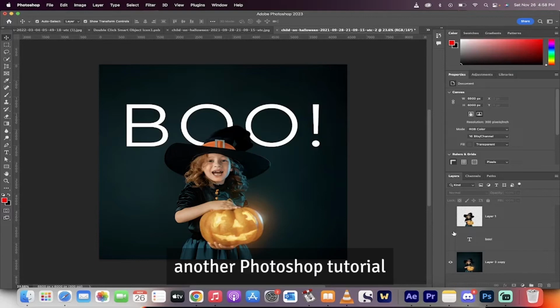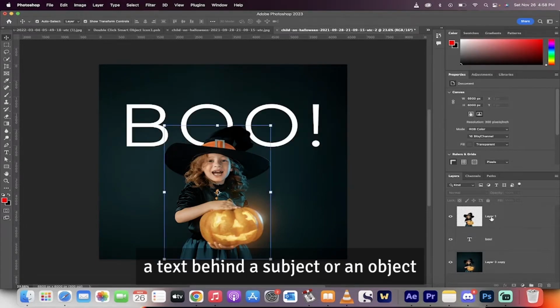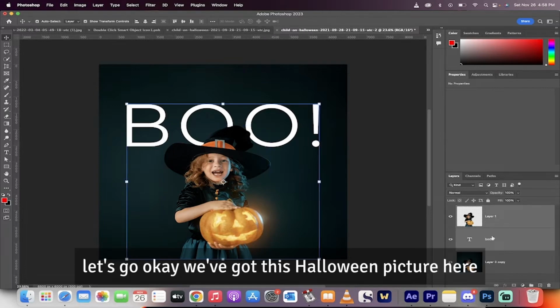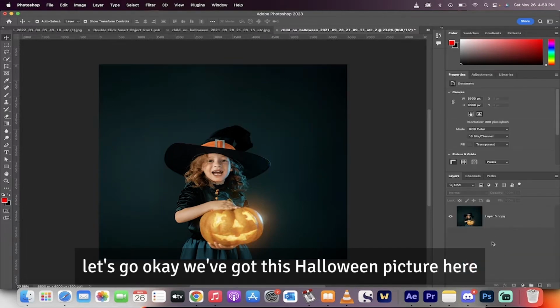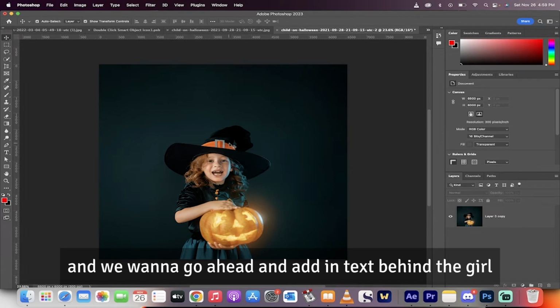Hello, welcome back to the Photoshop tutorial. In this one, I'm going to show you how to do a text behind a subject or an object. It takes about 60 seconds at most. Let's go. Okay, we've got this Halloween picture here, and we want to go ahead and add in text behind